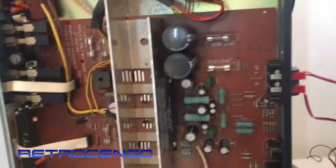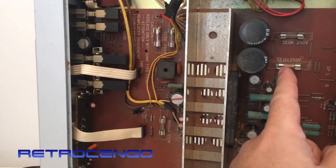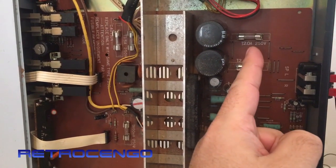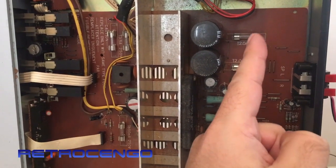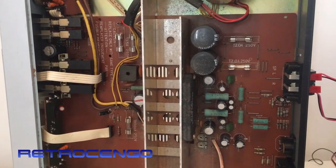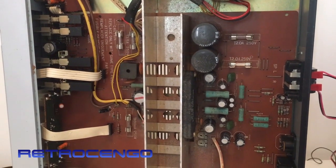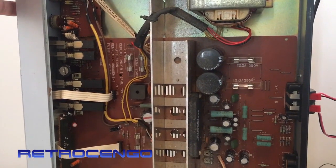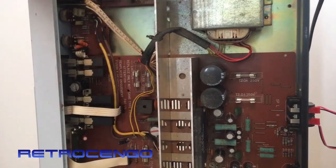But what I have found out is this fuse is fine, but that fuse was blown. It was dead. So what I did was I replaced it with another fuse. Of course the contact was off. Everything was connected, but